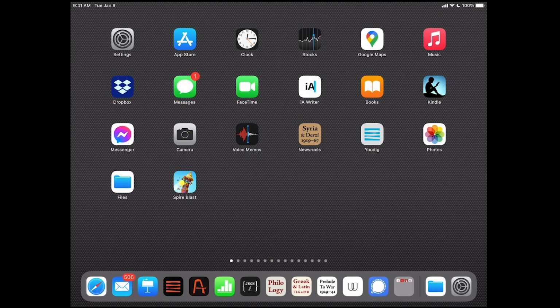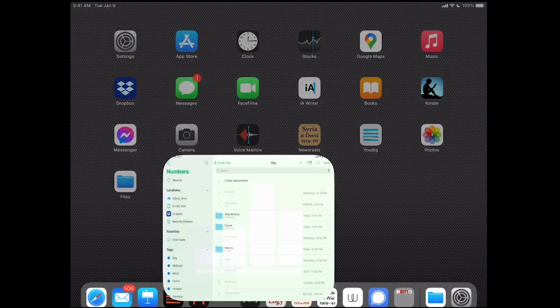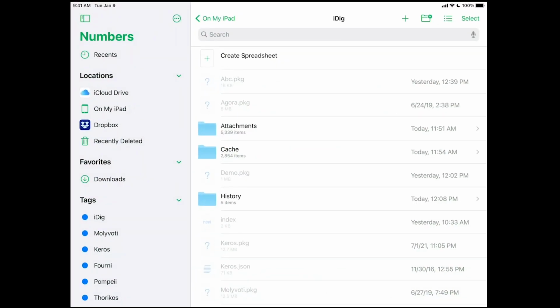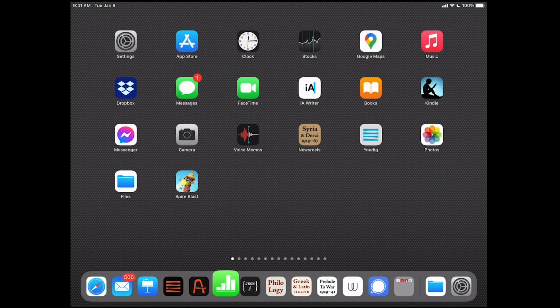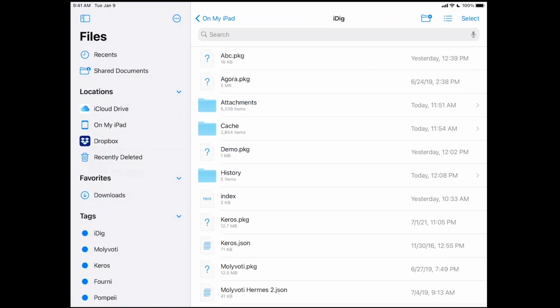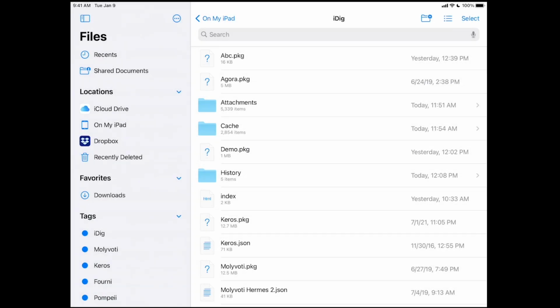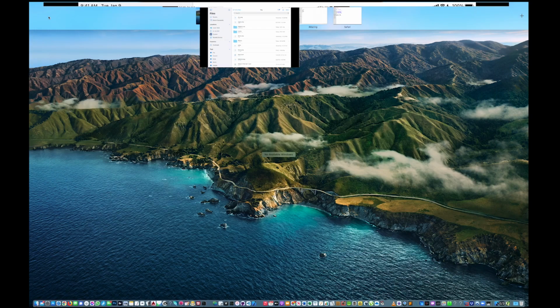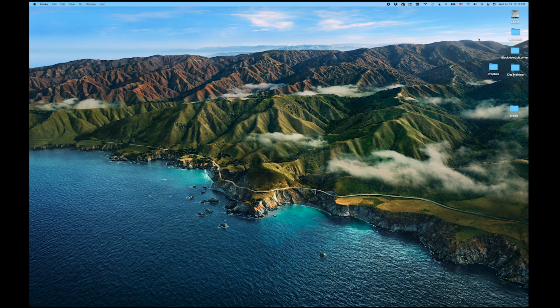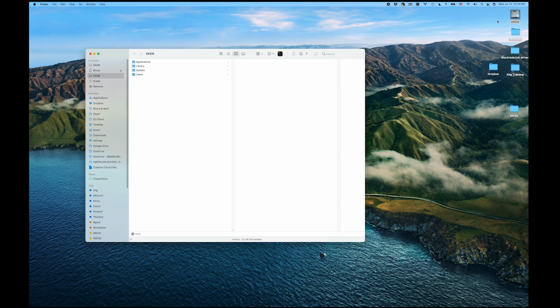Most of the apps on the iPad have this idea that I'll open the app up and look at the file structure, and I can open up the files that way. The Files app will let you open any one of these files. You can share it, you can delete it, you can do all kinds of things with it. There are two other ways from a Mac computer: the Finder